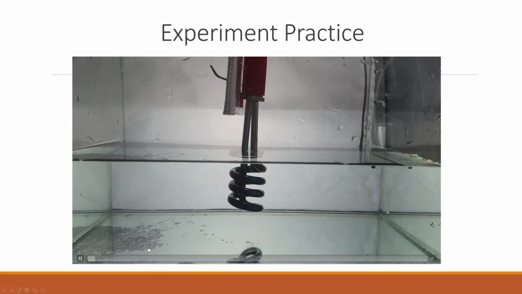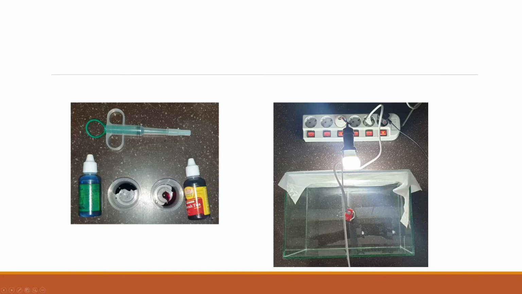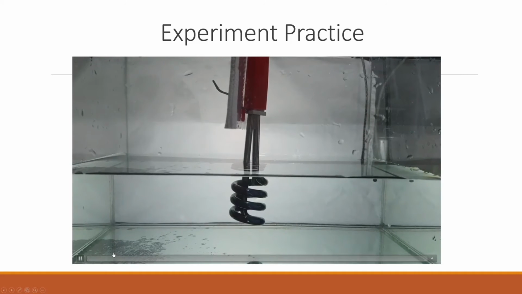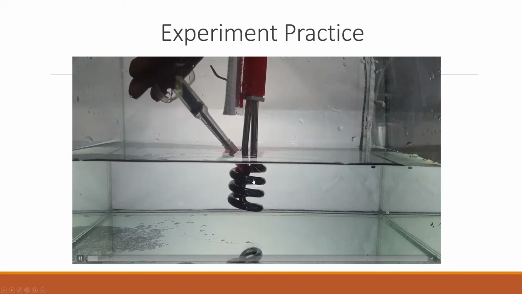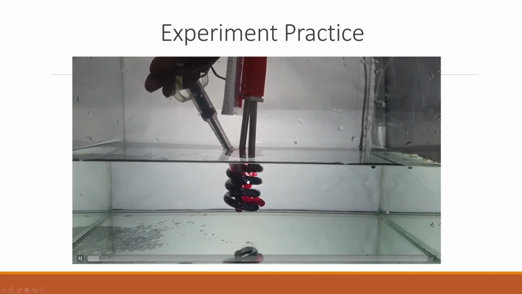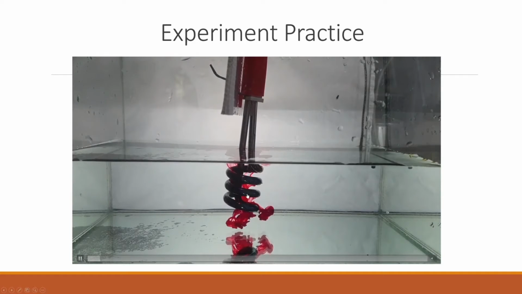Take a bit, just suck a bit from this red food coloring, and then you just inject it from the middle like that. You just push it through, and it will eventually go to the bottom due to gravity, of course, since this food coloring is denser. Okay, we just wait like this. The heating element is turned off, so this is what naturally happens.